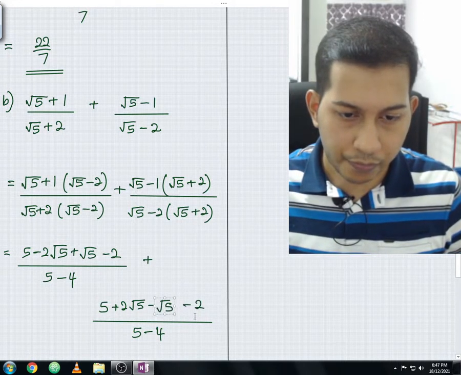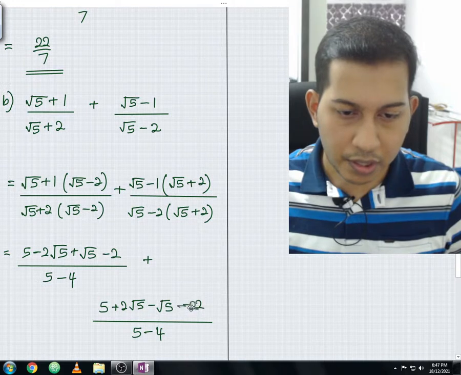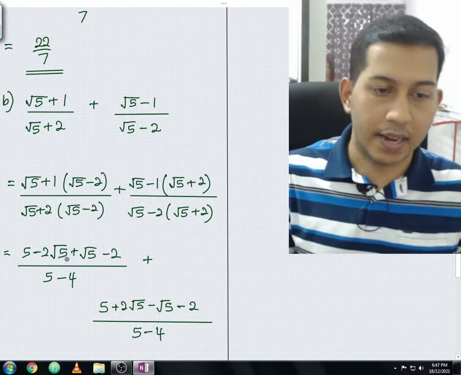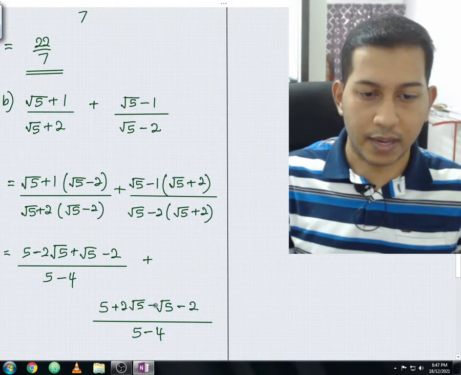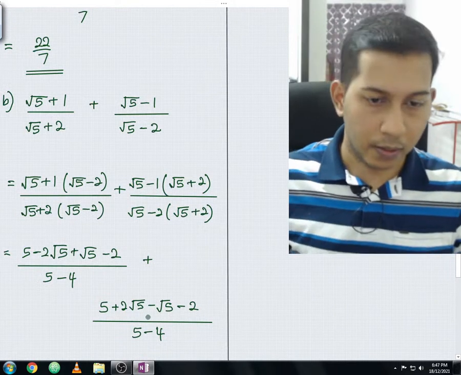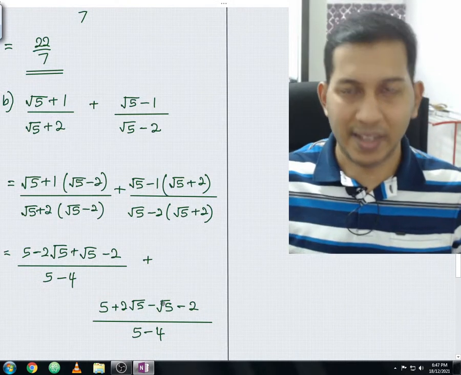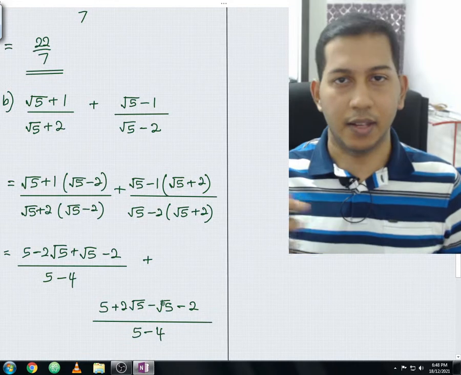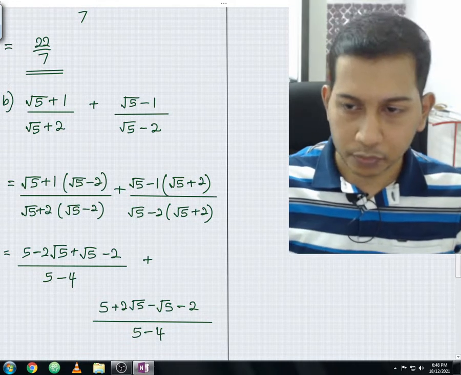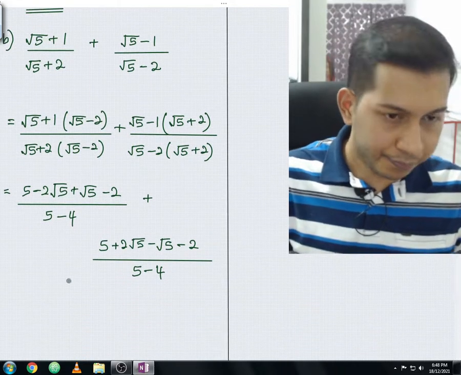For the continuity purpose, since I write here positive surd 5, I should write here negative surd 5 as well, right? So I hope you understand. Basically it's just the same, negative 1 surd 5 and negative surd 5. So from here we solve the